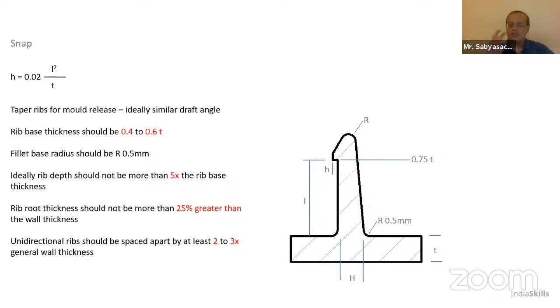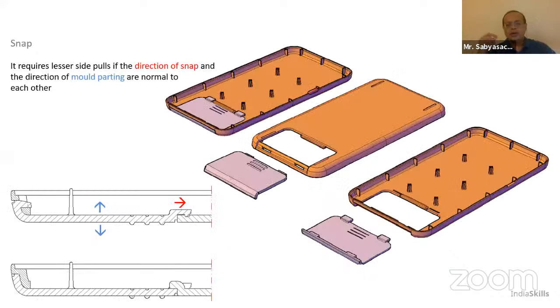Of course, first you have to be very aware of what the various details of a plastic component could be, and then design accordingly. You can also design snaps that do not require pullouts. I'll just try and explain this to you. If you look at this battery cover, which goes and snaps in,